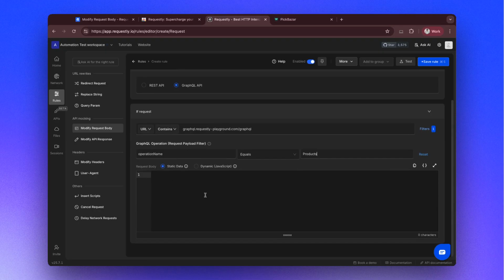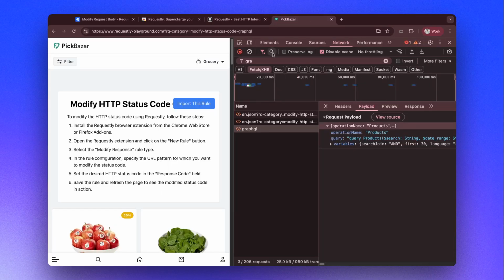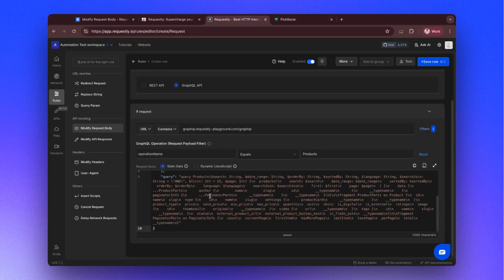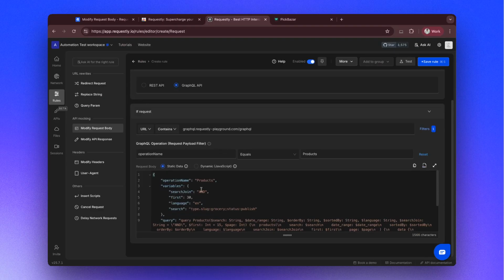Now for the modified query, let's just copy and paste the existing request payload. And now modify the variable called first to limit the product list to 3. Now save the rule and head back to the Playground website